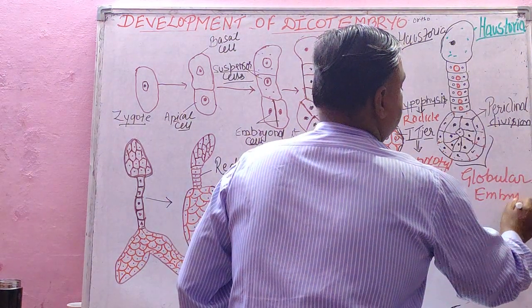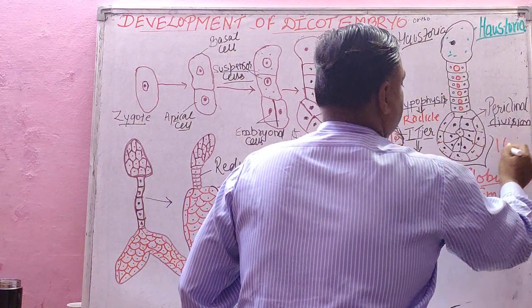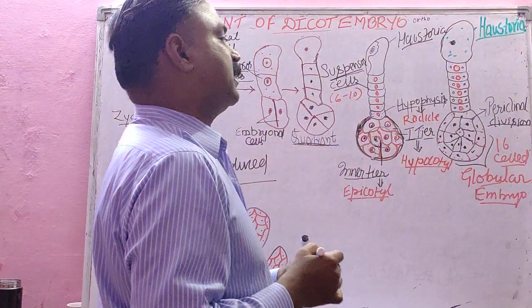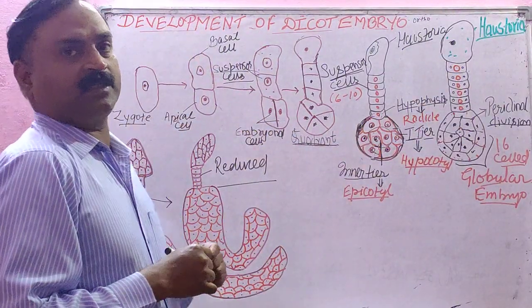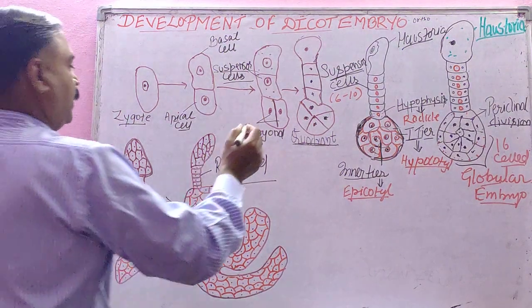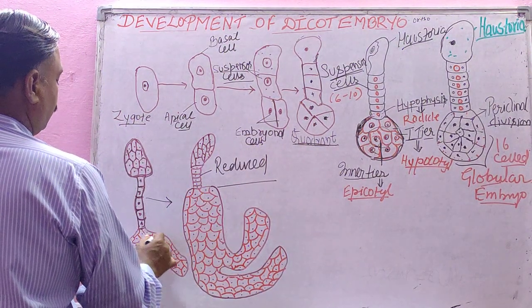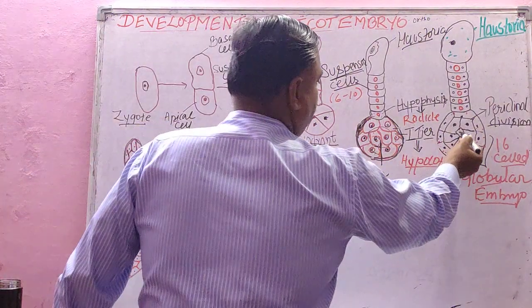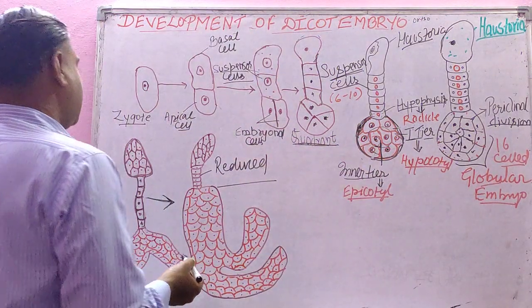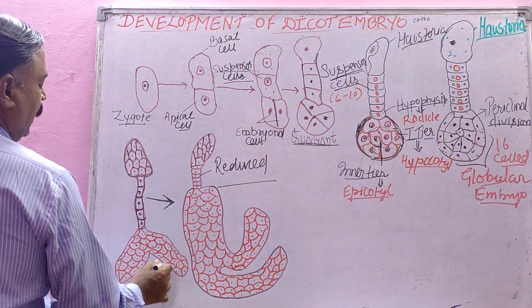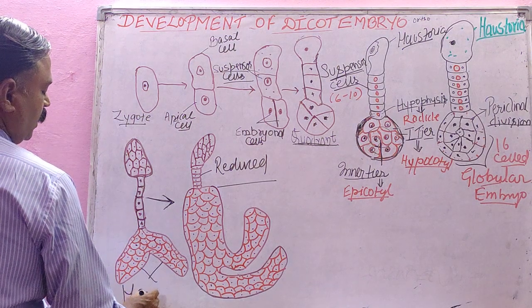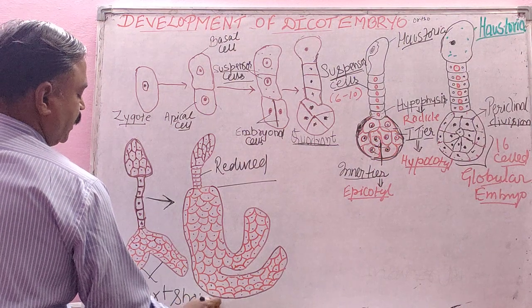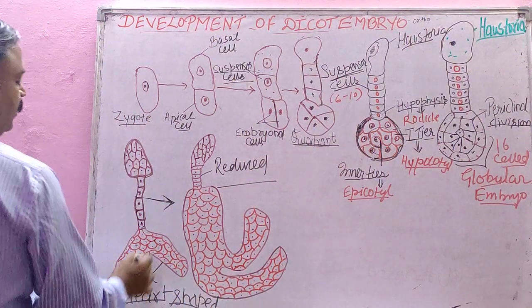Now the cell of this is the 16 cell stage, 16 cells. These cells now become meristematic and start dividing rapidly, producing... This is haustoria, this is suspensor. When this 16 cell stage becomes meristematic, it produces a heart-shaped embryo. Heart-shaped embryo, student, remember, this is the main feature. Heart-shaped embryo is the main feature of